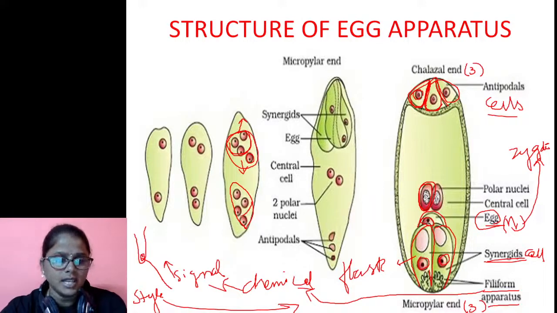Out of which 3 are being surrounded by the cell membrane and they will become 2 synergids and 1 egg cell